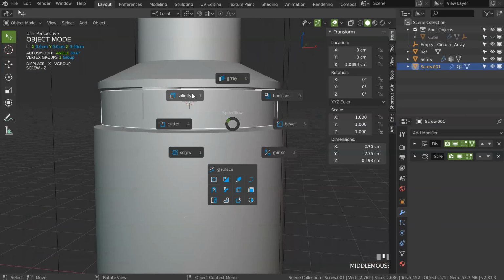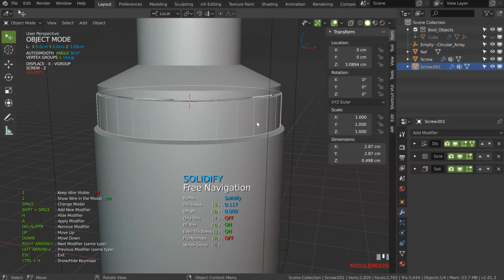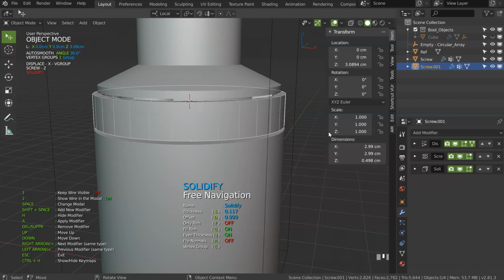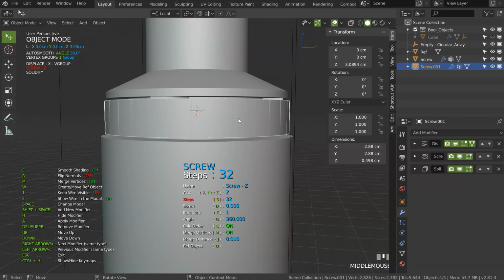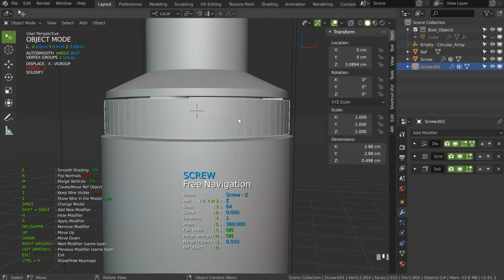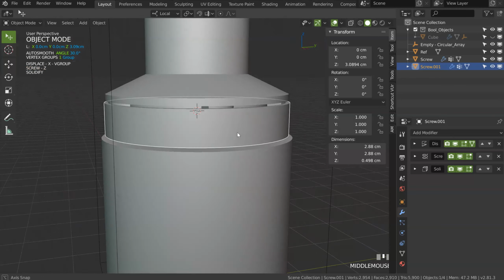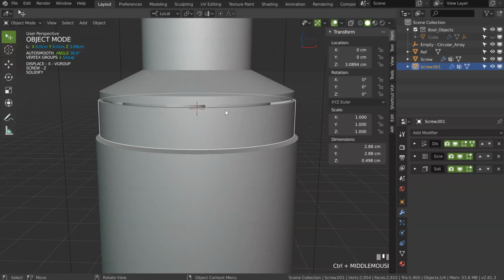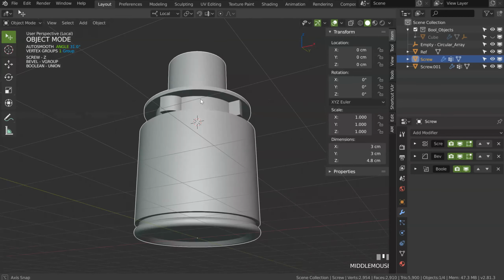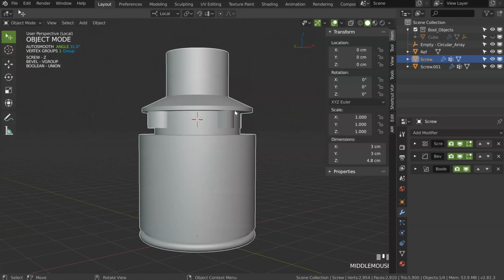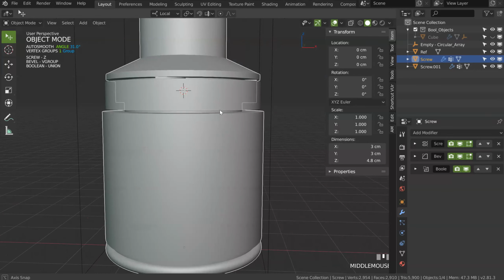And I will add a solidify, like that. On the solidify, be sure the offset is to 1, and after you can play with this, just like that. So, let's add more segments, S64, boom. And I will have this result. So, as you can see, it was pretty fast and pretty easy. Boom. Everything seems correct. I have my object.